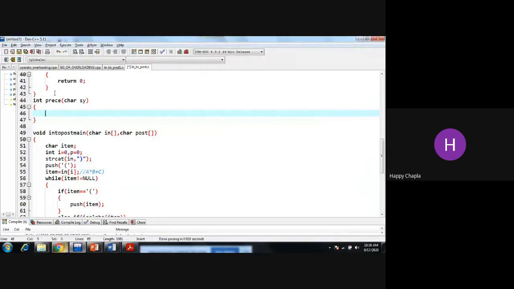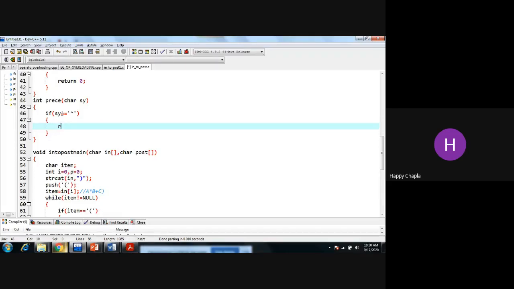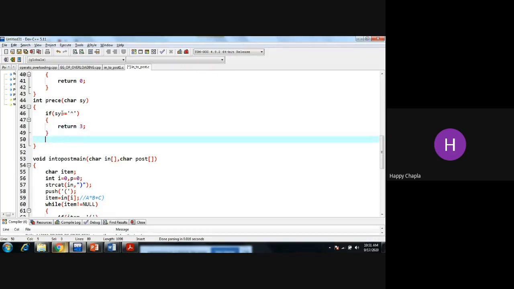I hope you all are doing the code with me. Okay, now if your symbol, whatever the character I am getting over here, if its value is equal to the power sign, then I am returning